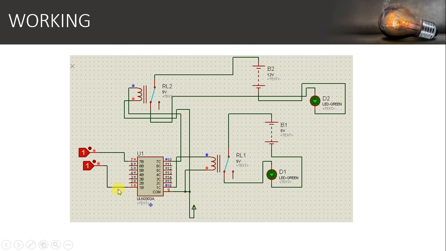And similarly, if this one point is high, then 1B, then this 1C will be high, and these two points are connected to the relay, and this is also connected to the common supply. And if we turn this on, then this armature will be attracted to the normally open point and the circuit will be completed and we will get the output. Now we will move to the simulation, where you will better understand the working.